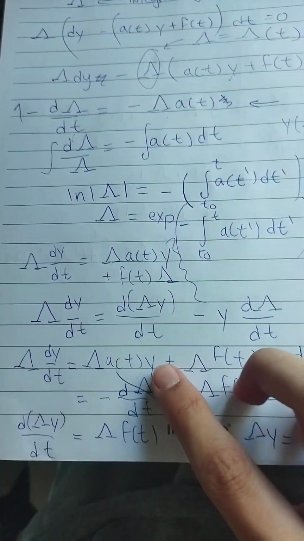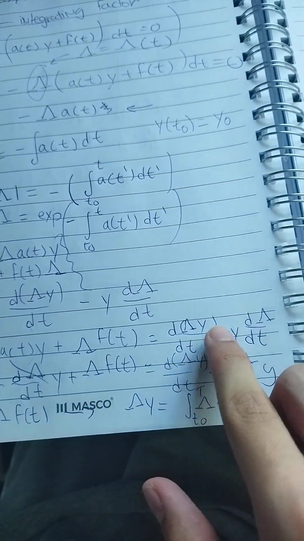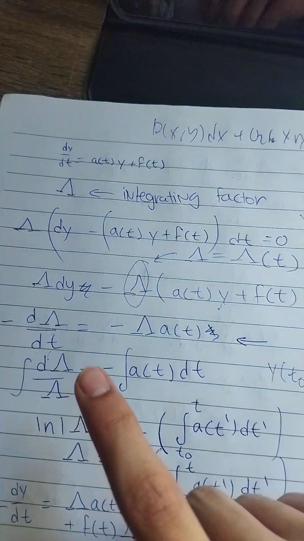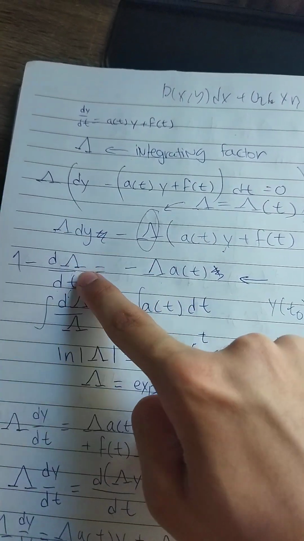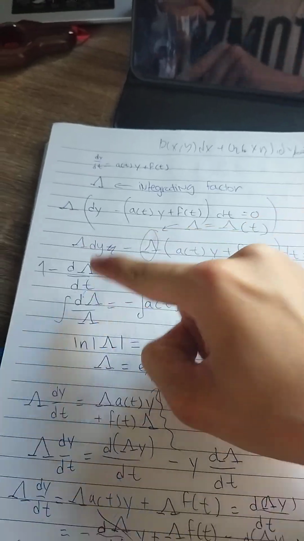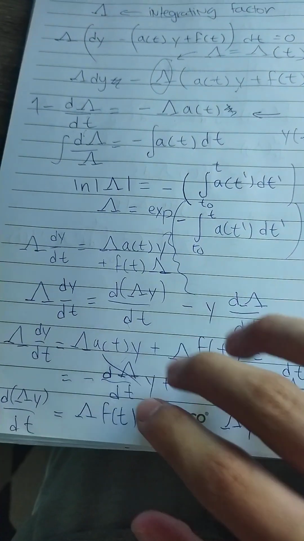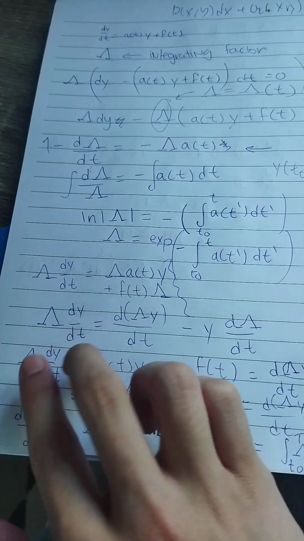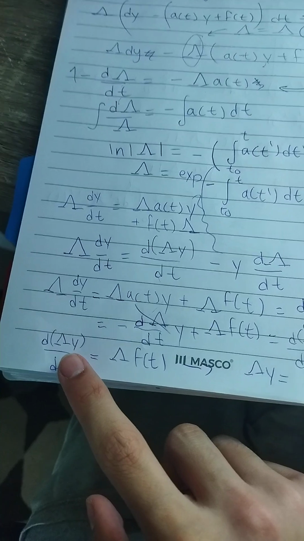Additionally, once we look into this, plus lambda f of t, we set that equal to the relation that we found over here. We say that lambda prime is equal to the negative of the derivative of lambda with respect to t. And in this case, we defined lambda to be solely a function of t, you did not notice, right? So we substitute that in, plus lambda f of t is equal to the substitution that we did using this relation. So these two terms cancel out, and we get that